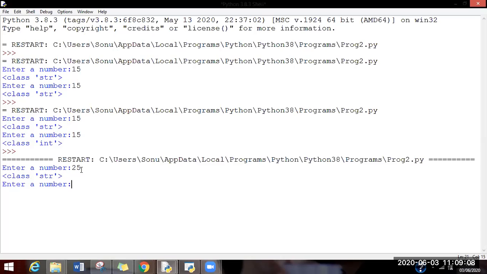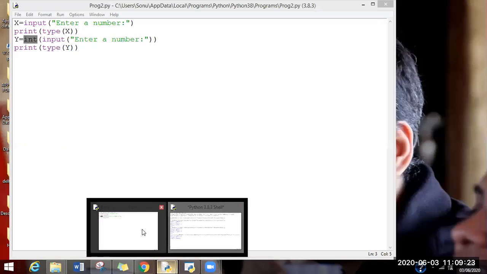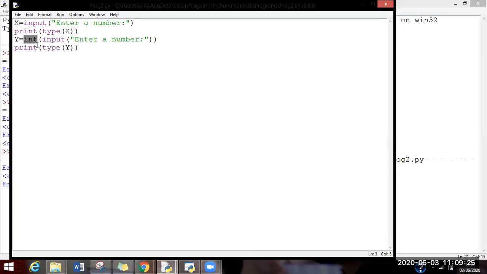But if we still wish to change the data type over here, we can always do it with the help of specialized type conversion functions. As we have done over here in our program, we have converted this input value into type int and then stored it in the identifier named y.